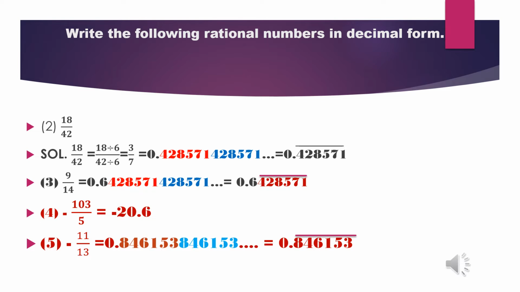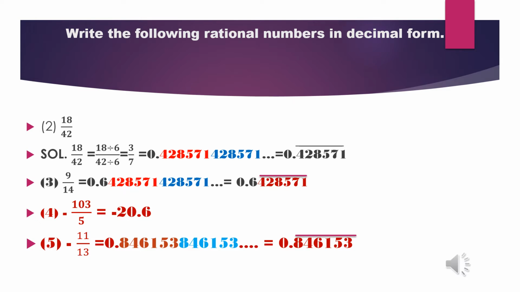Similarly, we can see the next example, 18 divided by 42. Students, we can see in this case 18 and 42, this ratio can be simplified before division. So both numbers can be divided by 6. So that is why we have divided 18 by 6 and 42 by 6. So our simplified fraction is 3 upon 7. So now it is easier for us to divide. We can divide 3 by 7.